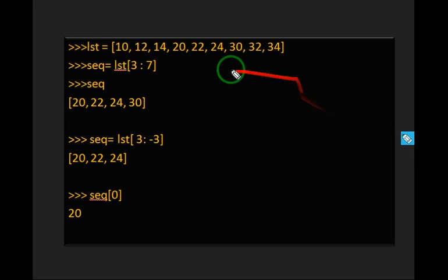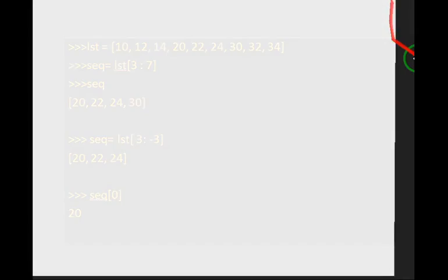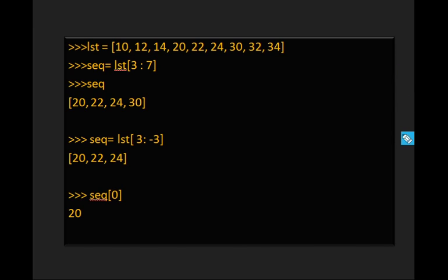You can see this again with an example. Suppose I have created a list LST, and I write 3:7. Here 3 is the starting index and 7 is the last index, so it will not display the value present at index number 7.